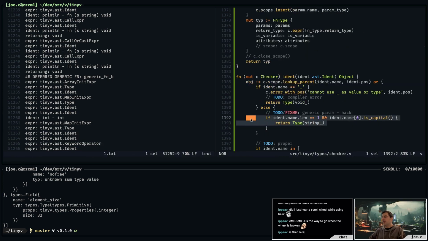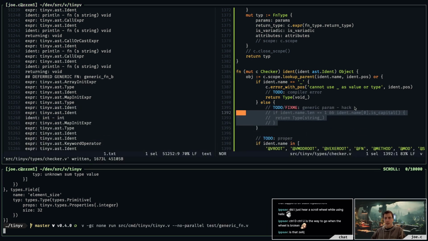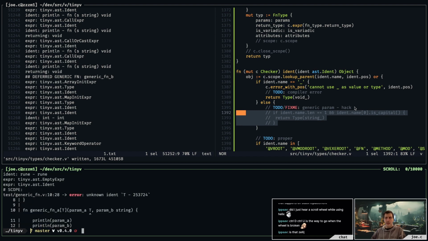So I've done a little hack here. This is why we're not erroring, because it's making all generics into strings. So get rid of that. Okay, unknown identity. Okay, so basically what I need to do is, when there's a call,